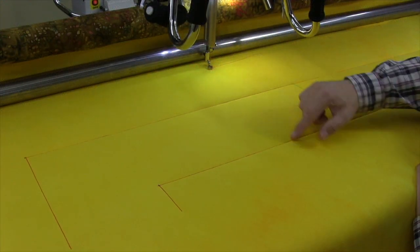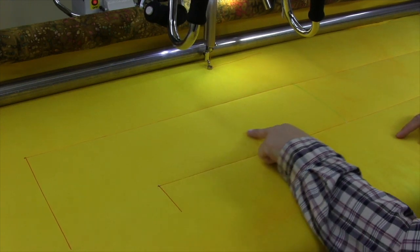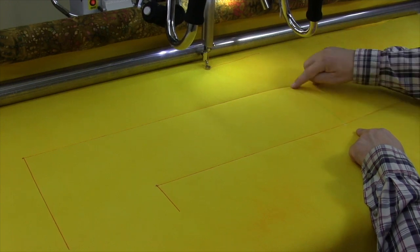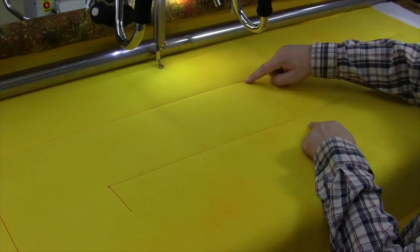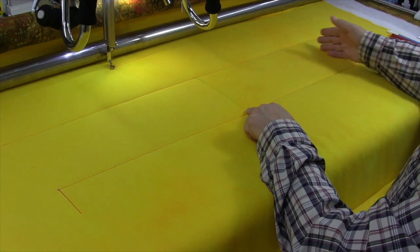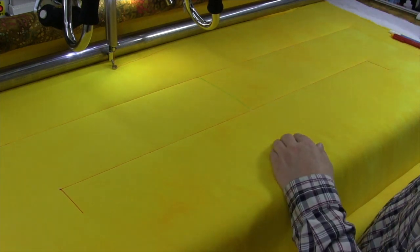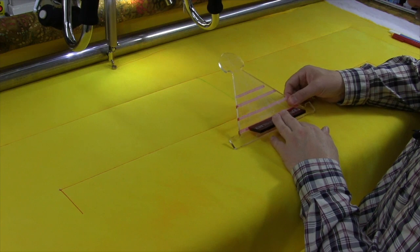Let's first establish that what we have here is a 7-inch border. Here is our corner. It works its way into the center. The only registration line that I have marked is the center line. Now we would have folded all 4 sides of the quilt and located the center of each border before we loaded the quilt. And then of course it would be a mirror image from the middle out to the right side. The ruler we're going to be utilizing today for this particular border is the Mystical V, and I already